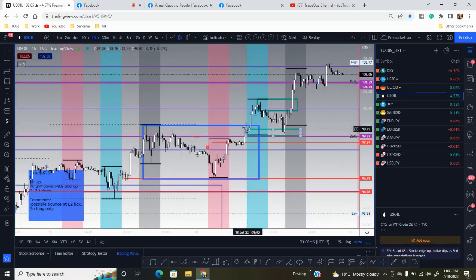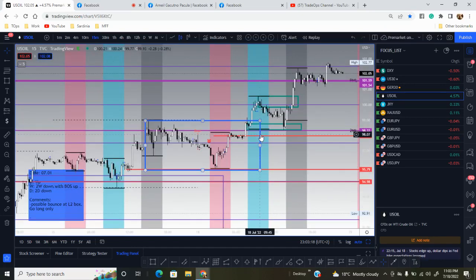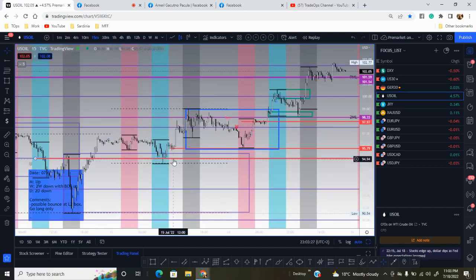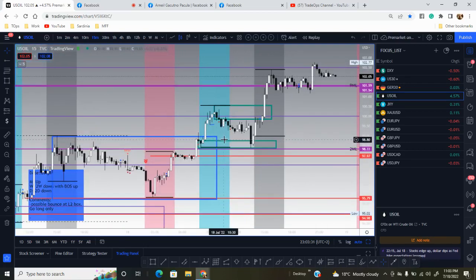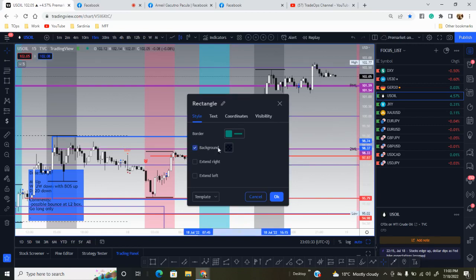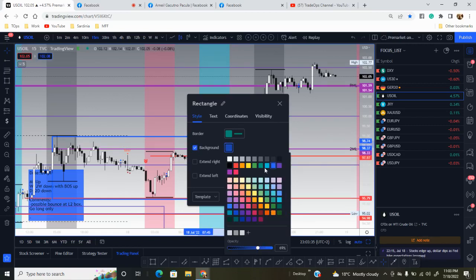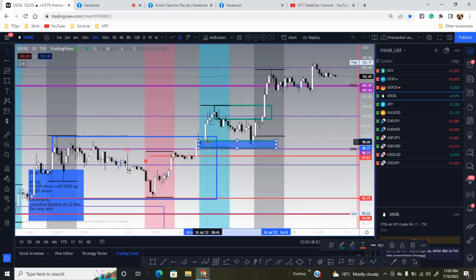Alright, so as you can see, kung marirecall nyo yung sinabi ko kanina, we should not be trading this level 2 movement to the upside. So again, paano siya nag-move today? It's basically a mitigation of the order block that was created during the first 15 minutes of the London session.